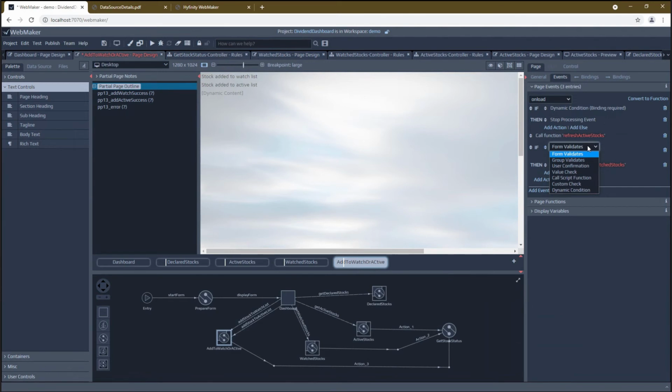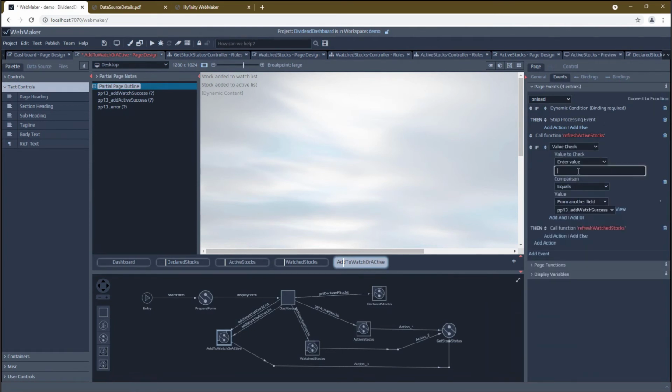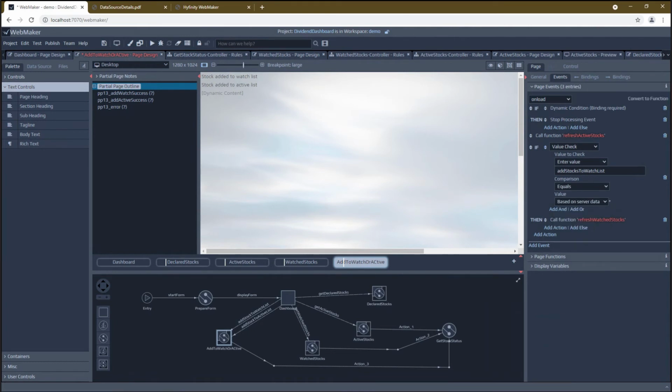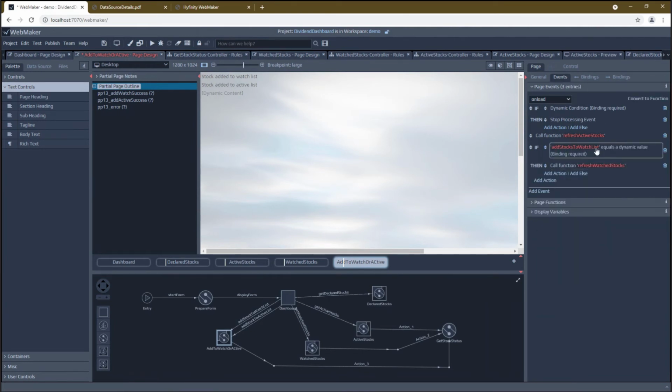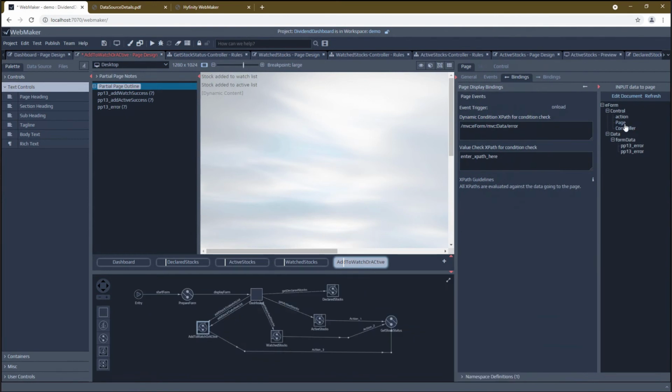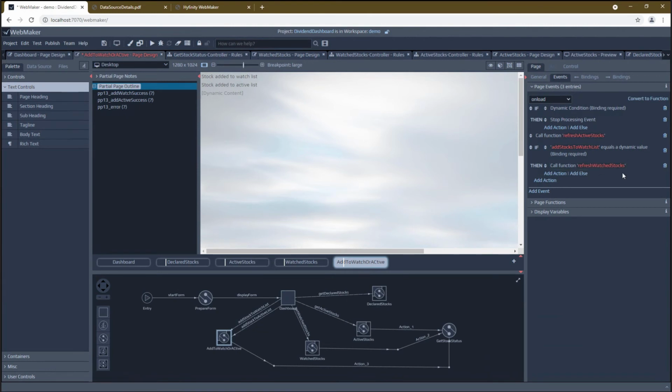Now we could use dynamic addition and put an XPath in, or we can use a value check condition and say, if the action is watch list. So we can say if add stocks to watch list is the action that was called, then refresh the watch list,